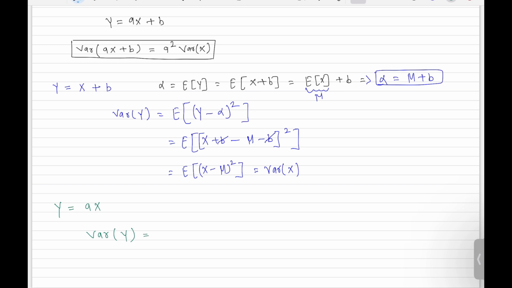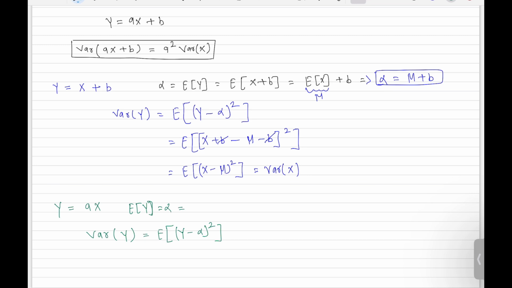We can again make use of the definition. What does the definition say? It is nothing but the expected value of the square distance from the mean, and let's suppose in this case also the mean of this random variable y is alpha,